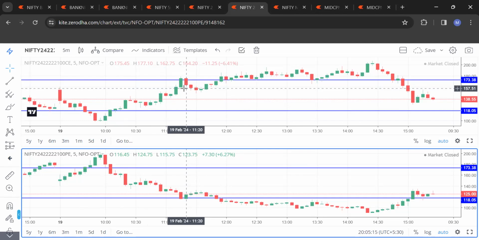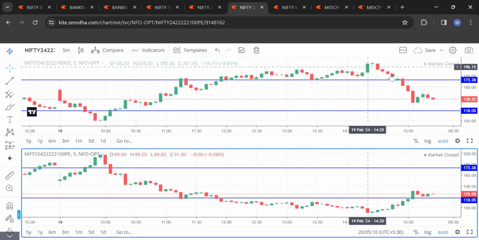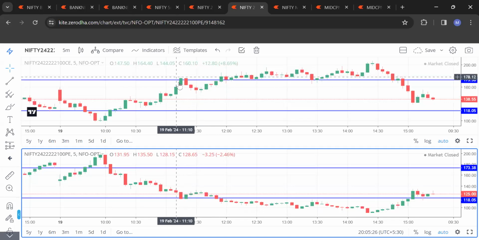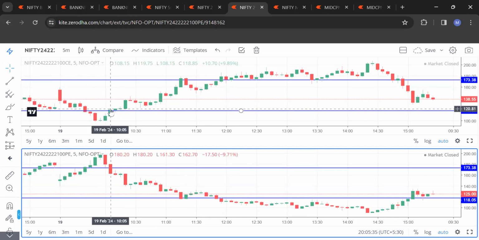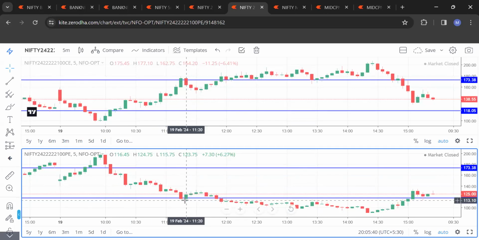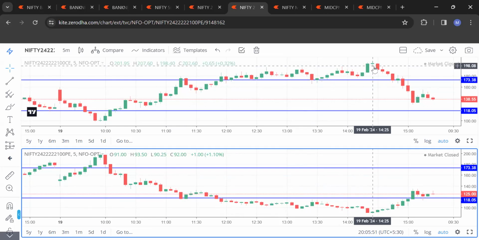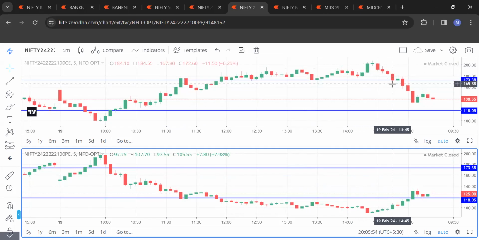Similar to this, just see, when it reached the bottom, it was nowhere close to this line. See, this candle touched the line, this candle touched the line, and so on. But when this candle touched the line, this was nowhere close. That means still the higher side is up. And now when it penetrated this,